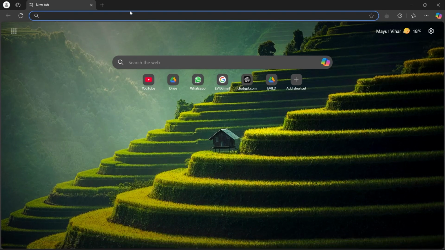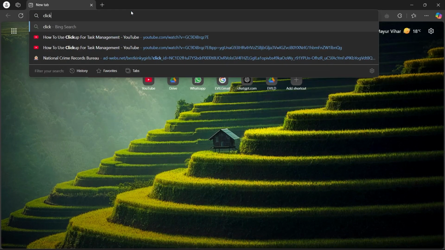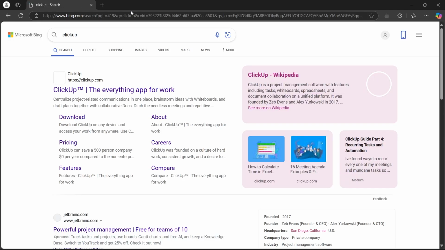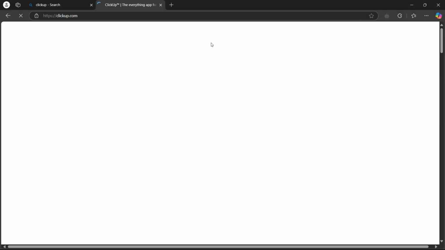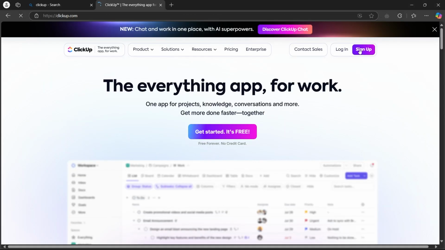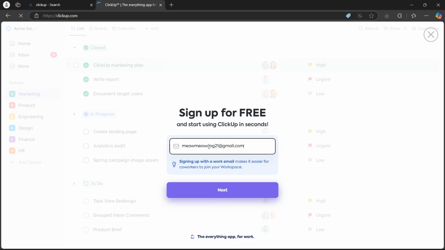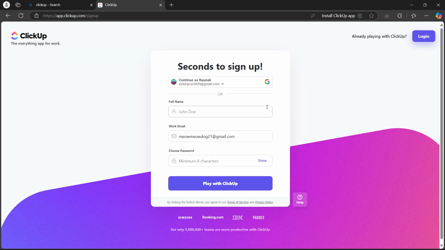Navigate to any browser on a PC, go to the search bar, type in ClickUp, and hit enter. Now, click on the link that says clickup.com, the everything app for work. It will take you to this page where you can click on the sign up button at the top right. Now, enter your email in this field and click on next. Now, it will take you to this page. Here, you can easily enter your full name, create a password,